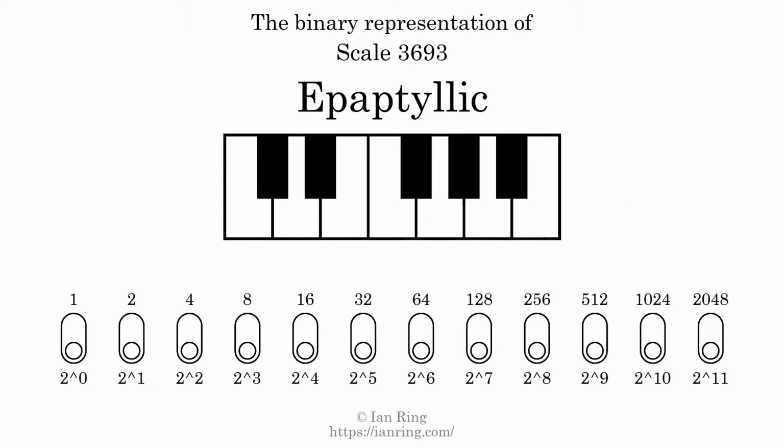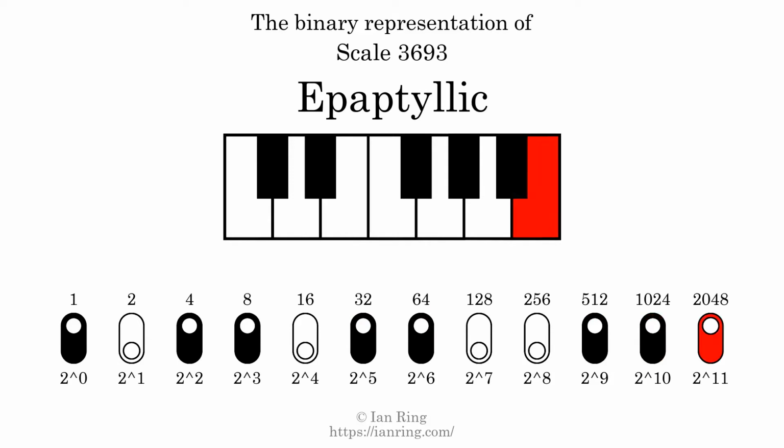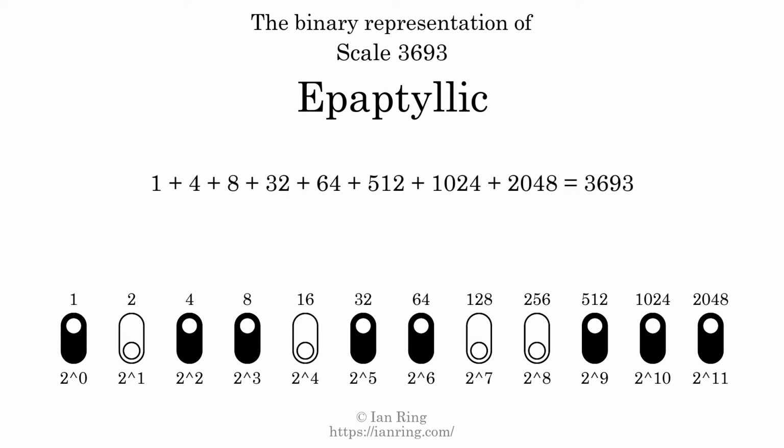The binary representation of this scale is determined by mapping tones of the scale to binary digits. Each binary digit represents a power of 2. To get the scale number, we add the powers of 2 together. The powers of 2 that are present in the scale, all added together, equals 3693. That is why the scale number, in decimal, is